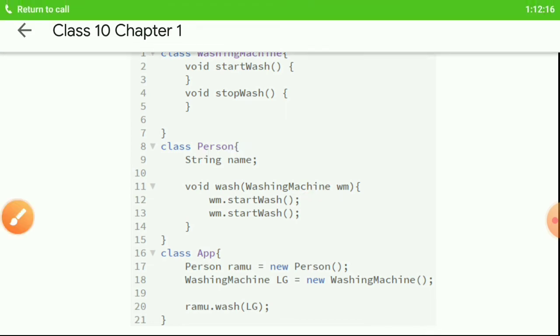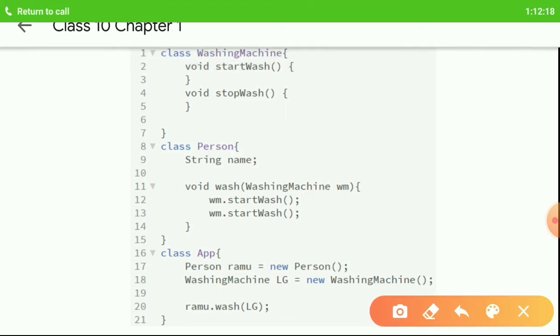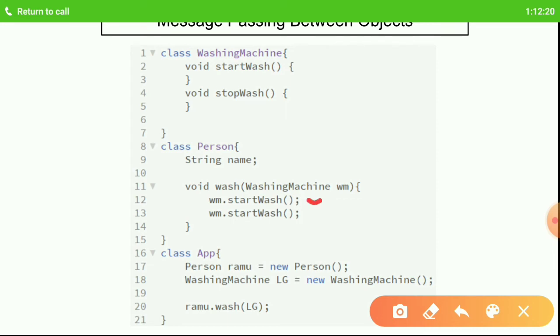Notice inside the function I have written wm dot start wash and wm dot stop wash. This should be stop wash. By mistake I've written start wash. That's a mistake. It should be stop wash. So wm dot start wash and wm dot stop wash.